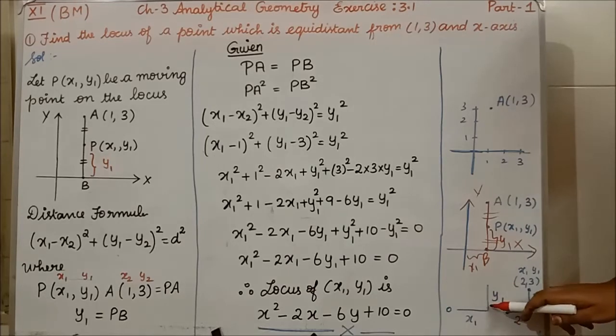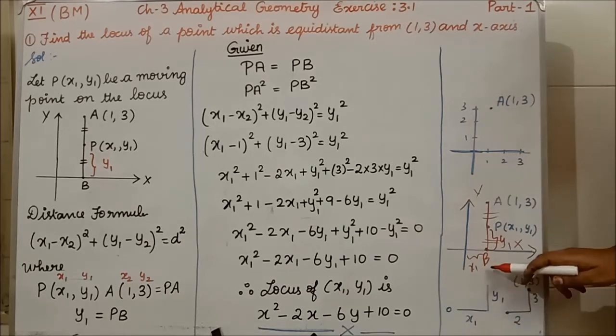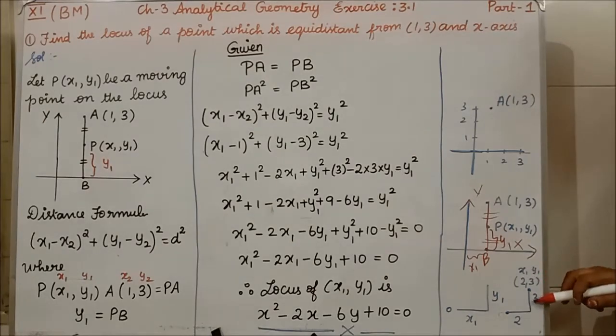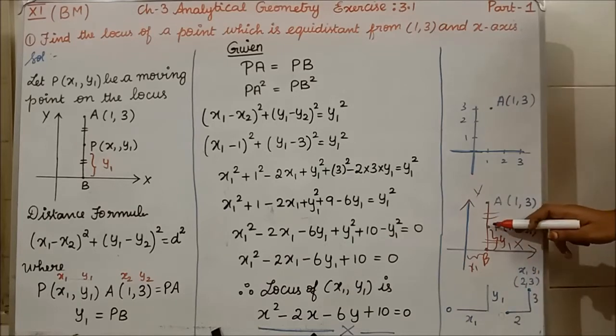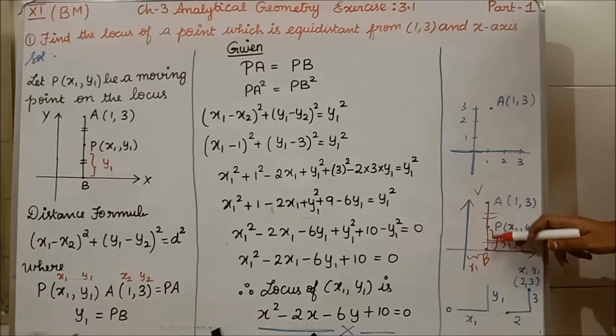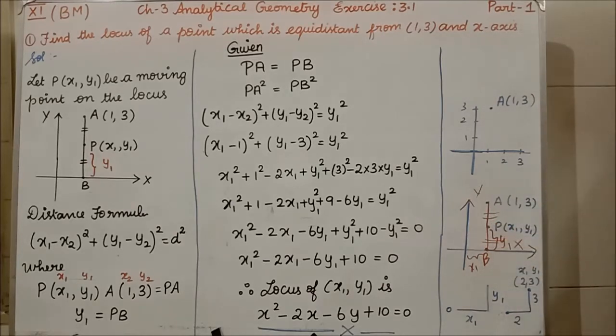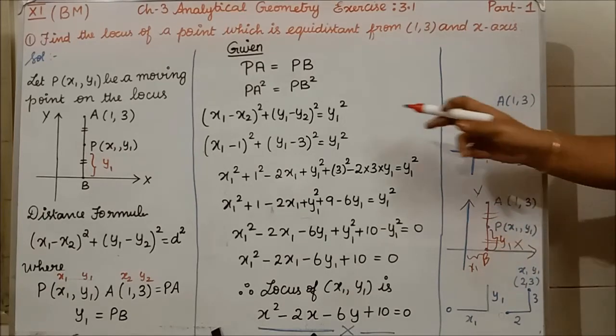X-axis. If you move vertically, this is the y-axis, isn't it? So for example, if you are given the point 2 comma 3, where will you plot it? From the origin, you will move 2 units along the x-axis and 3 units along the y-axis. So this line is what? Y1, and this is what? X-axis. So PB will be what? Y. Isn't it? So from origin to B it will be x1. From B to P it is y1. So the distance between PB is what?